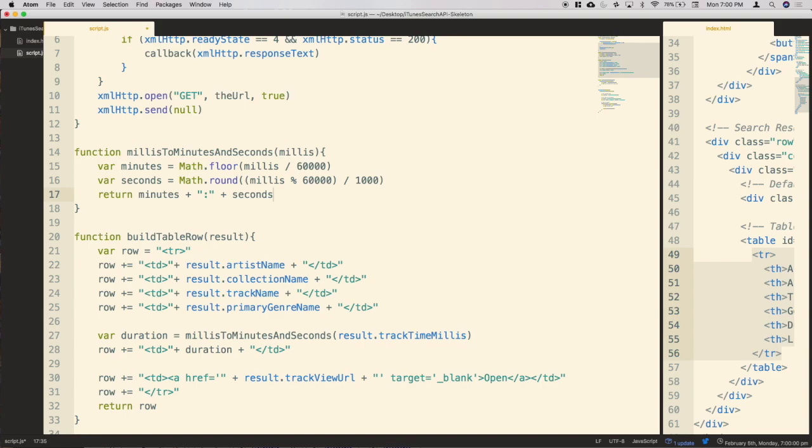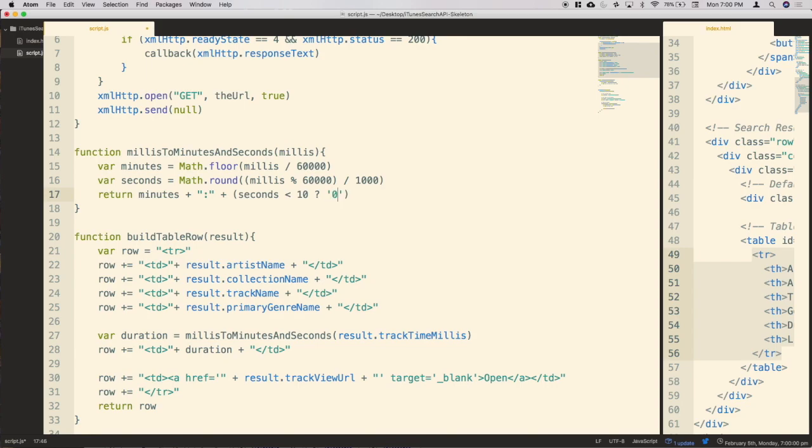Otherwise it's going to look weird if some songs don't line up in the table. That's a personal thing, but we basically want to see if seconds is less than 10,